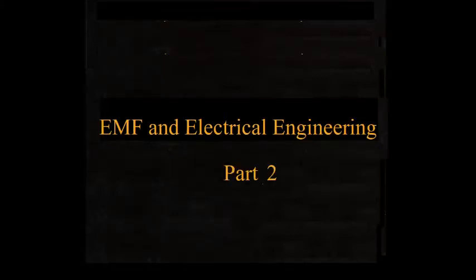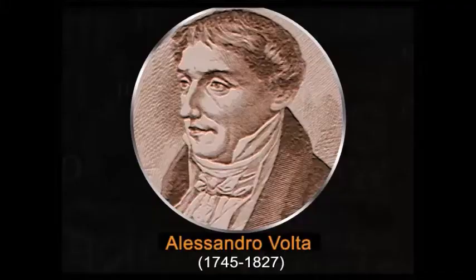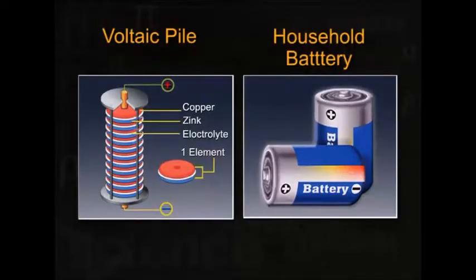In part 1 of this lecture, we learnt how Volta for the first time produced current electricity in a voltaic cell. Volta also measured the characteristic EMF of different pairs of metals in the place of copper and zinc. We now understand that the phenomenon inside the voltaic pile, or what we see today as a household battery,